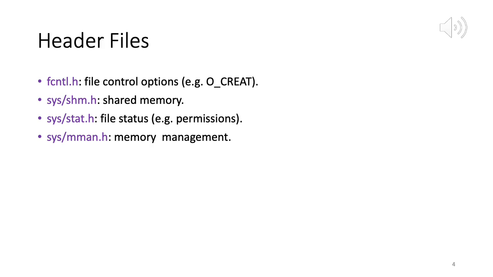Okay, and likewise you can search for shm.h, right. So if I go sys/shm.h, just doing a simple Google search, nothing fancy. So shared memory facility. Okay.